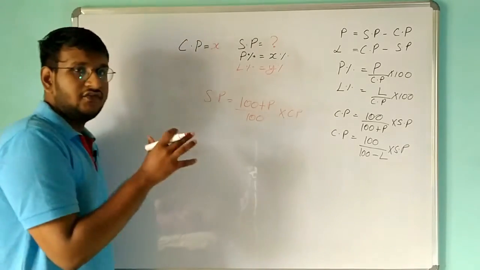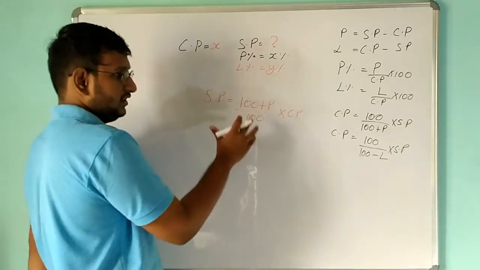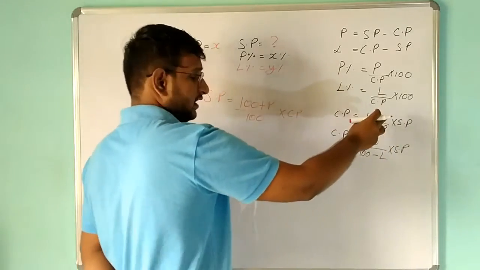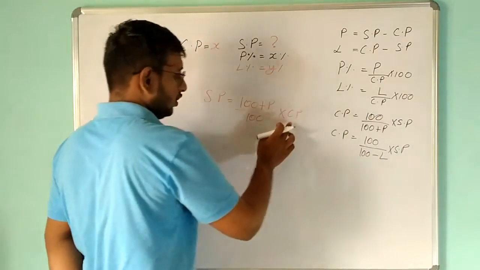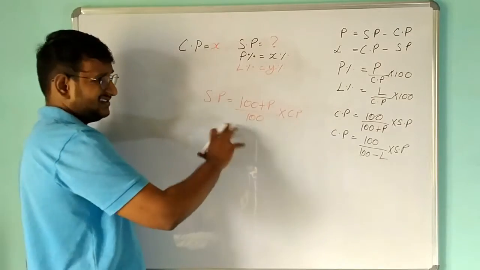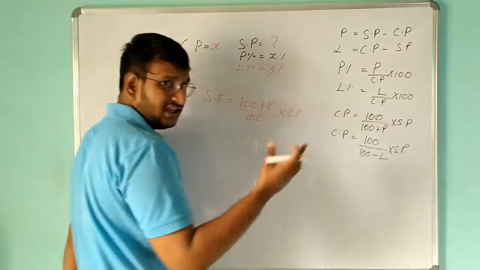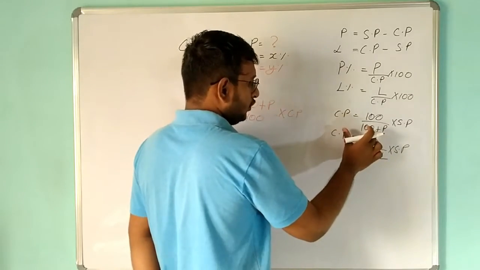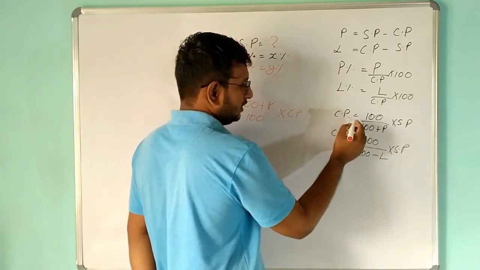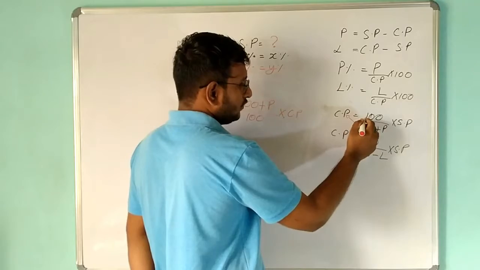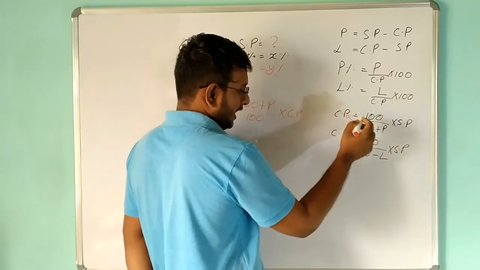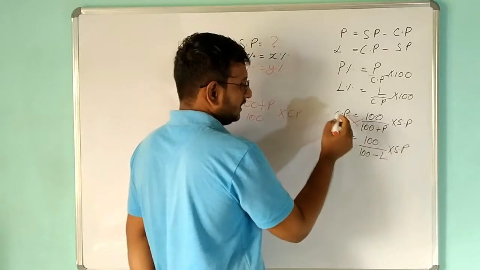Okay, this is the formula we will use in order to find SP. We are just going to change the numerator and denominator. Instead of SP, we are going to multiply it by CP. That's the only formula. If you have this formula itself, you can cross multiply over here, and you know what will be the value. So SP is equal to (100 plus P) divided by 100 into CP.